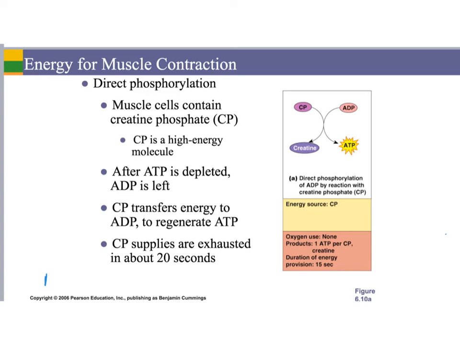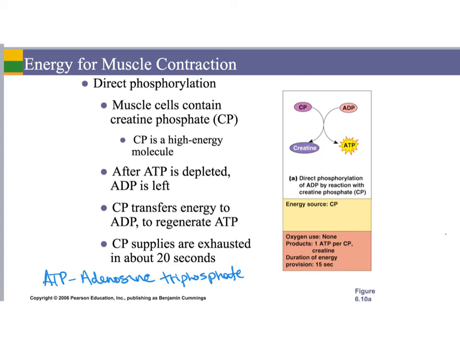So you have that ATP is adenosine triphosphate. Right? Okay. So the first energy pathway that muscles can use is something called the direct phosphorylation of ADP by a reaction